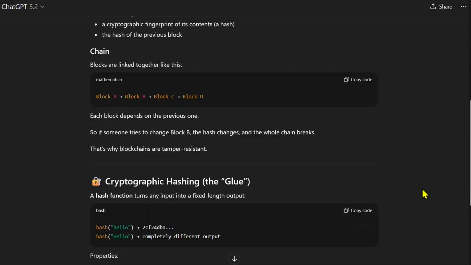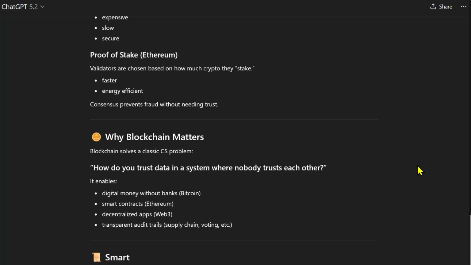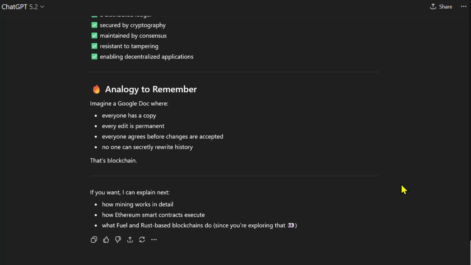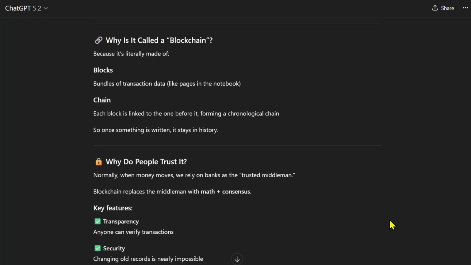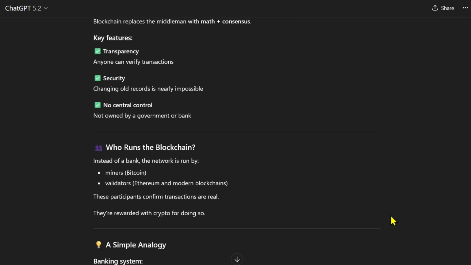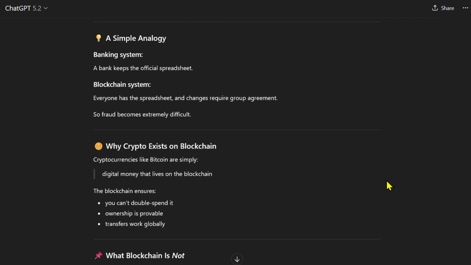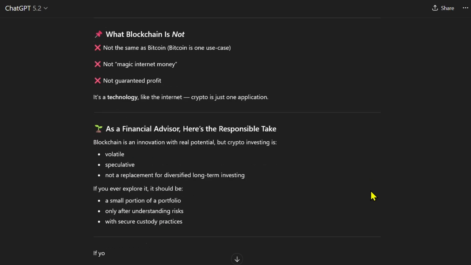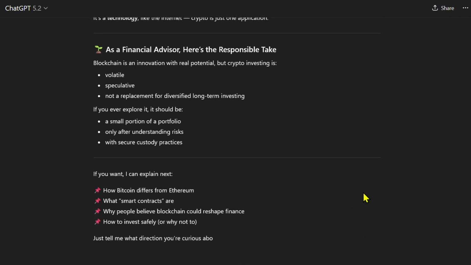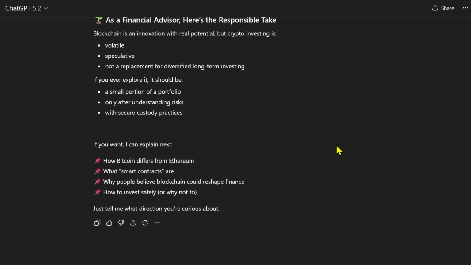When you assign a persona, you're telling the AI what perspective to adopt. This shapes everything: the tone, the vocabulary, the depth, the framing. Quick example: say you want to understand blockchain. You are a computer science professor explaining blockchain. Technically precise, proper terminology. You are a financial advisor explaining to a client who has never invested in crypto. Explain blockchain. Practical, jargon-free, focus on what matters for decisions.